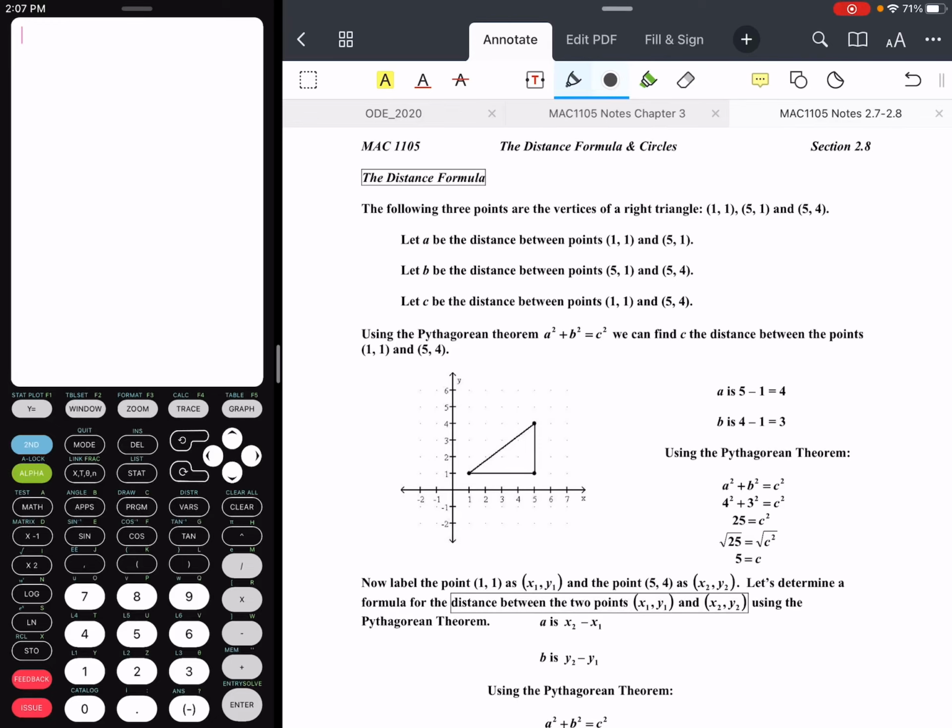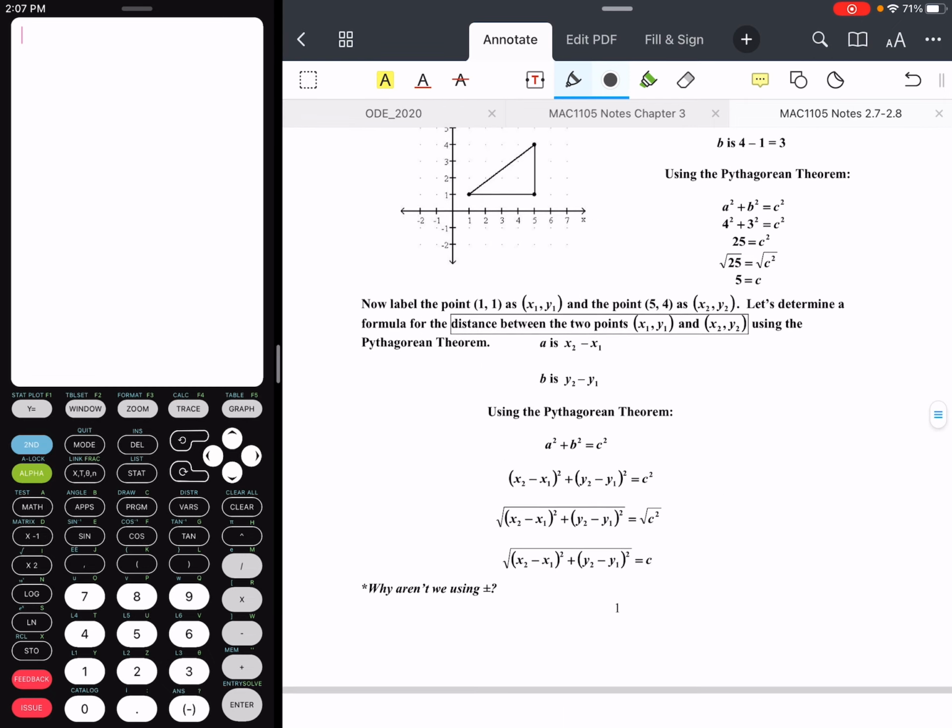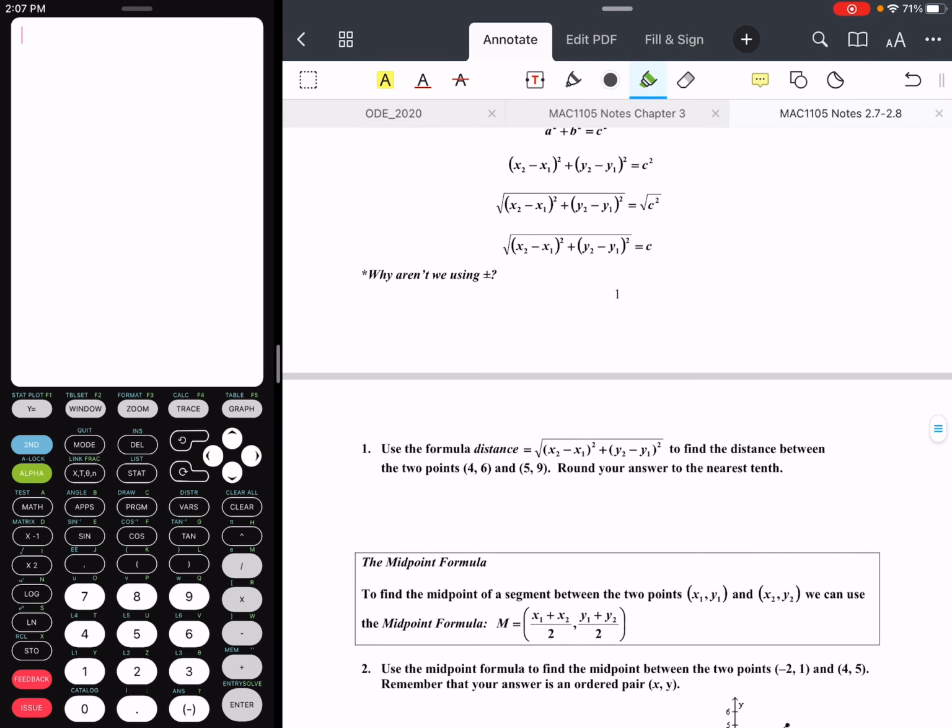In this section, first we'll be talking about what are called the distance and midpoint formulas. So just to talk about where this distance formula comes from, and eventually we'll just use this, we'll memorize this. This is the distance formula. Okay, but I just want to show you guys where this comes from first, because it's kind of a complicated